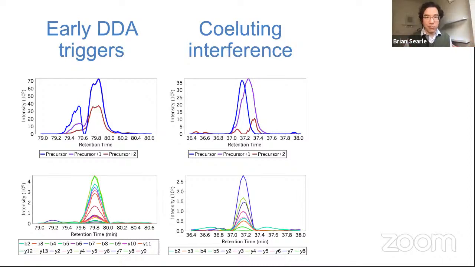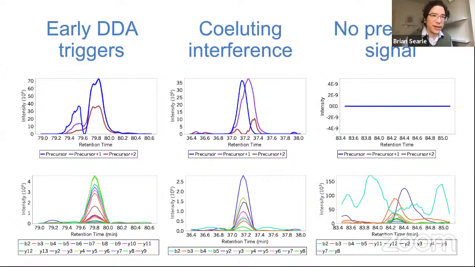That indicates to me that all of these signals are heavily interfered with, and they actually come from multiple peptides at the same time. So if you try to integrate the precursor signal for this peptide, you'd end up with kind of a mess in terms of the actual measurement that you're making. And the third one is even the most